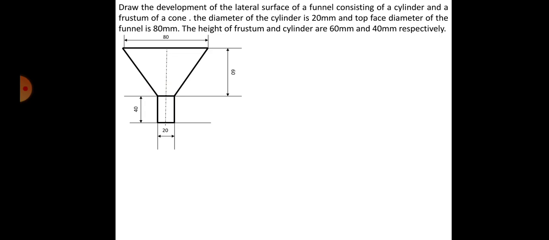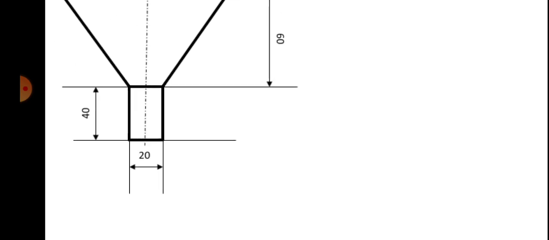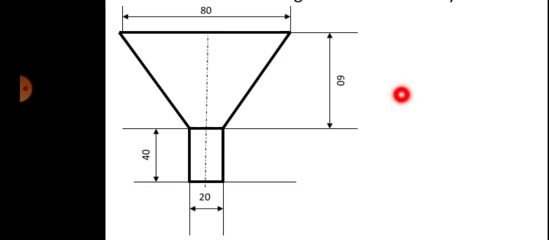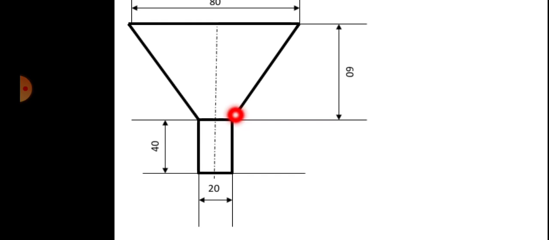So what I have to do, the drawing which I have already done here, right? From there, I need to extend this line further, until I get the apex of the cone, because right now what I have is only the frustum here. Part of the base is there. The base is 80, but I don't know what the slant height is. Now I need this height. Without this height, I cannot draw the development of this part.